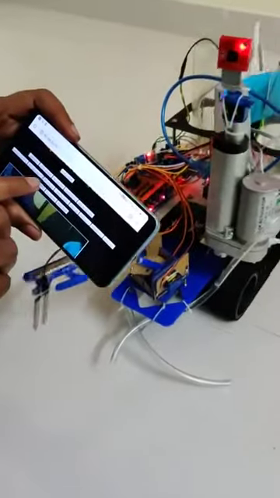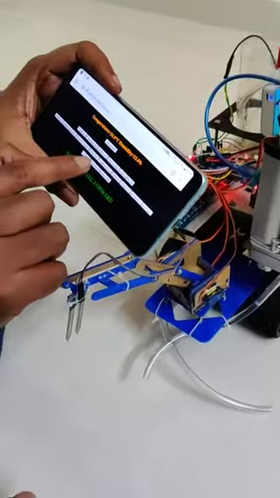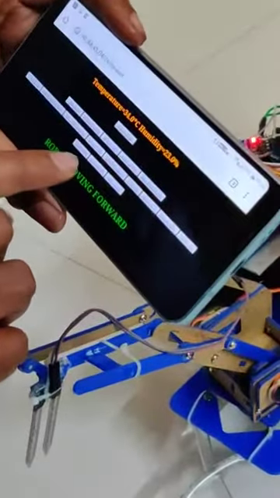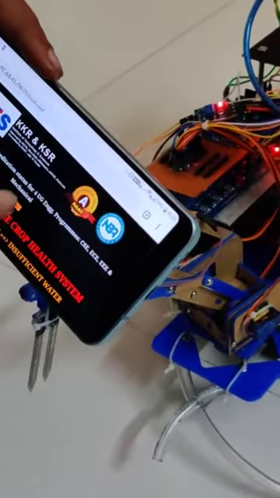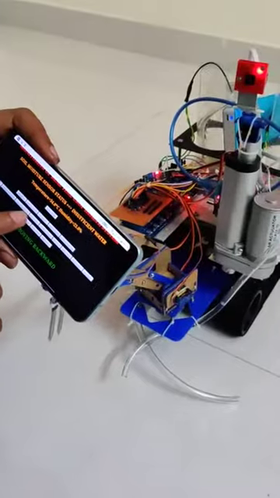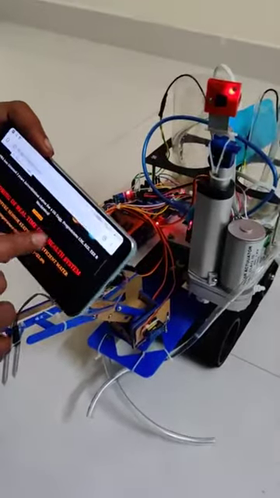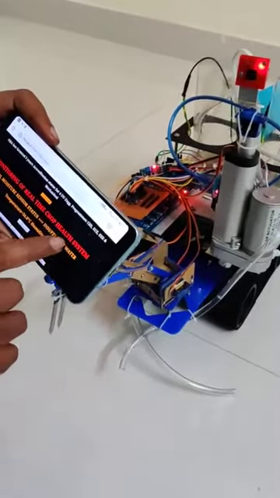When I press forward, the robot moves forward. When I press backward, your robot moves backward. When I press forward, your robot moves forward. When I press backward, your robot moves backward.